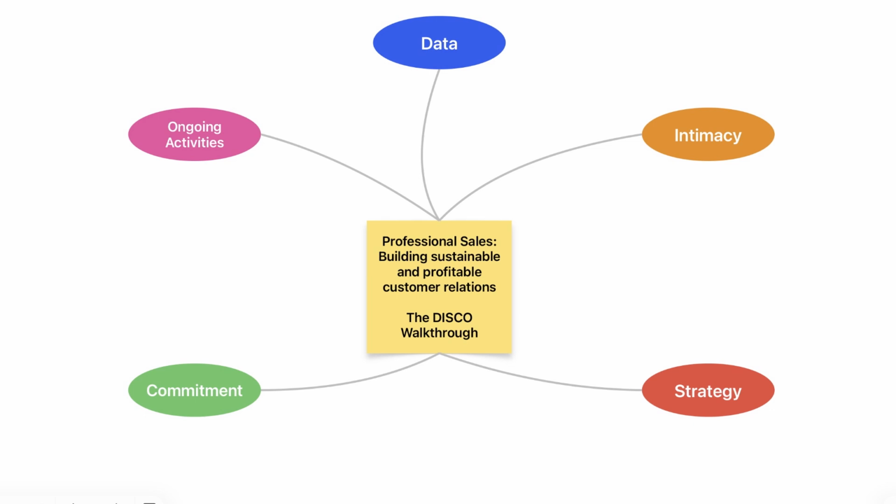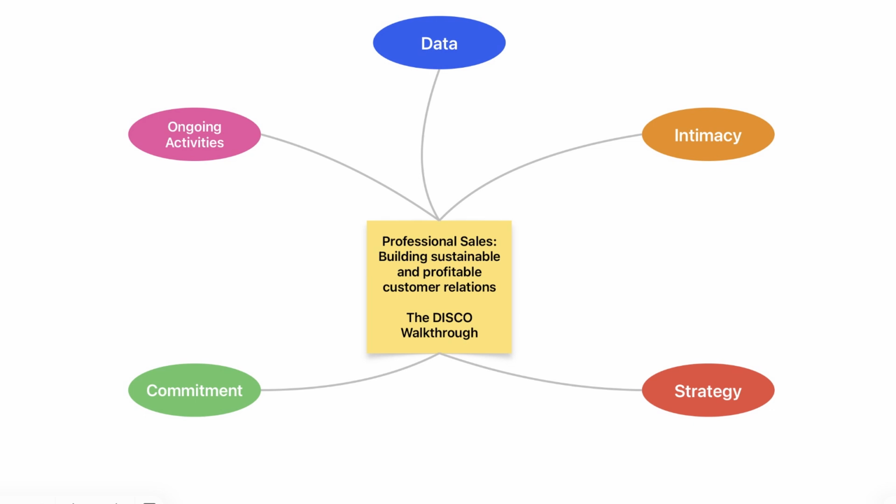Okay, so for this first part, our mission is pretty clear. We need to lay down the basics, define what sales really means strategically, and crucially, introduce the big framework that's going to guide us through this whole series. Right. And that framework is the DISCO walkthrough. It's a 5-step path. DISCO. D-I-S-C-O. Yep. You could say it's the nervous system for modern sales management, thinking beyond just making a sale. Moving into relationship sustainability, you mean?